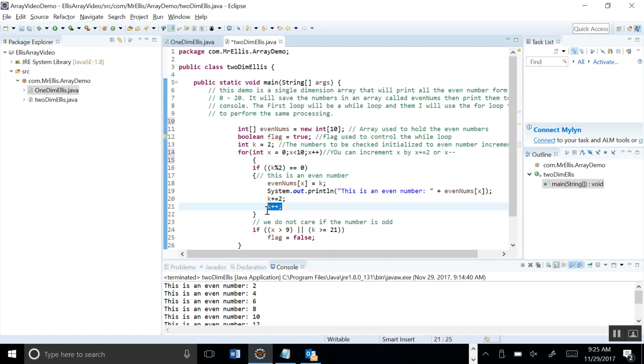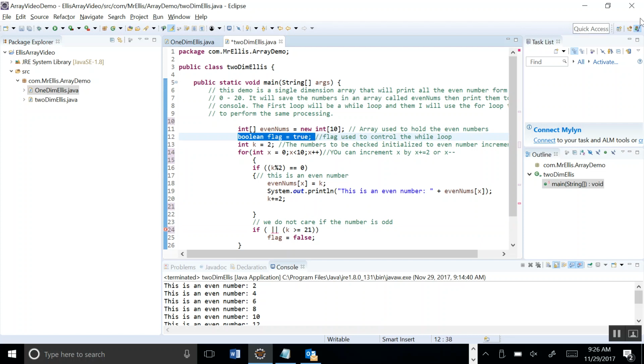In here, I'm not going to increment. The declaration of x is done in the loop. The incrementation of x is done in the loop. The checking to see if it is out of bounds is done inside the loop. I don't need the flag because it's going to turn itself off